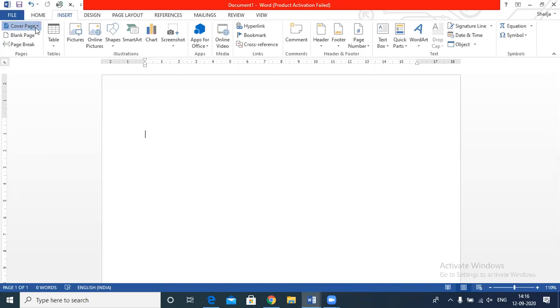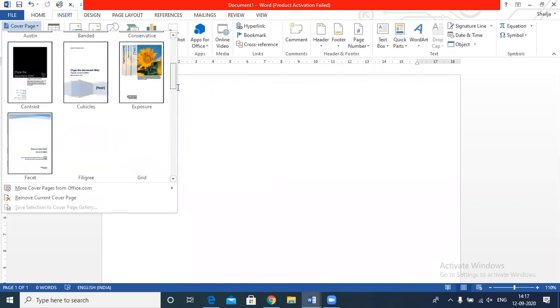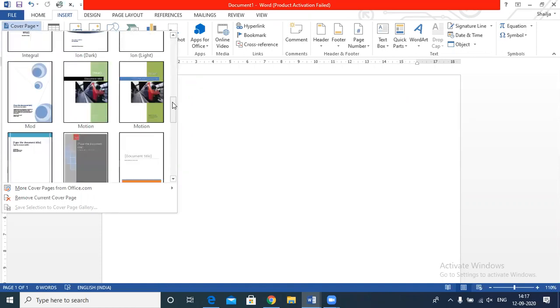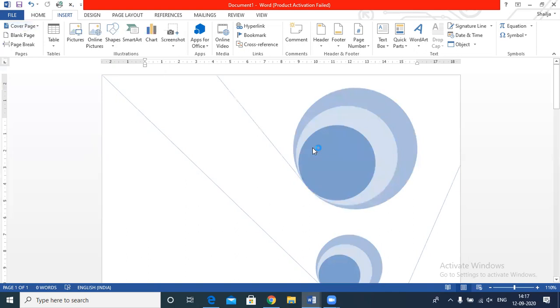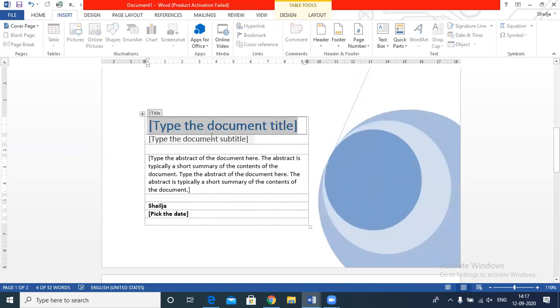option. After this, you can select any of the available cover pages from here. For example, you wanted to add this page as a cover page for your document. So what you need to write here, you will write your document title. For example, MS Word is my document title. Sorry, we can write MS Office as a document title, and I wanted to add MS Word as the